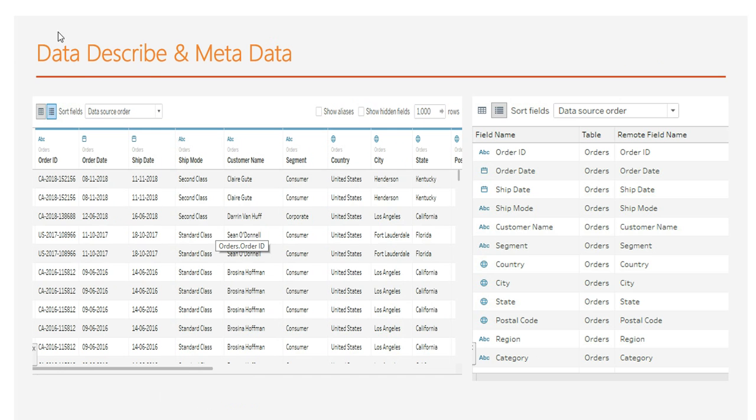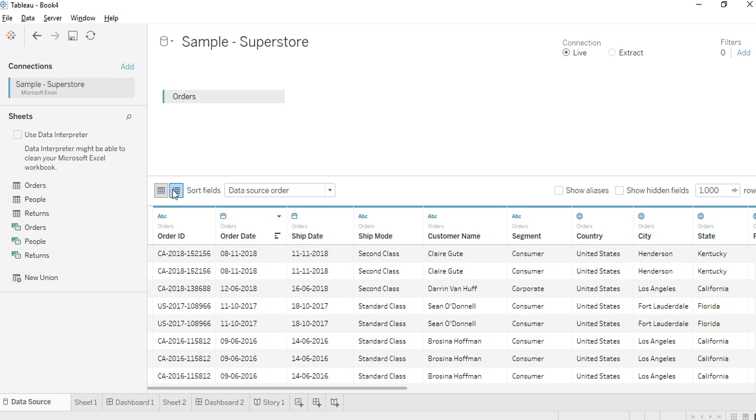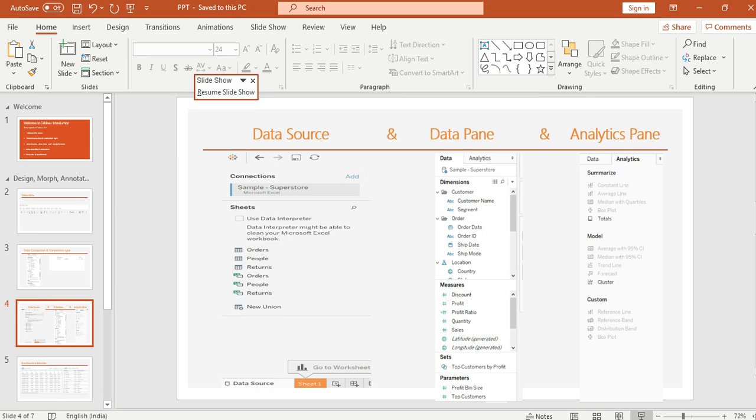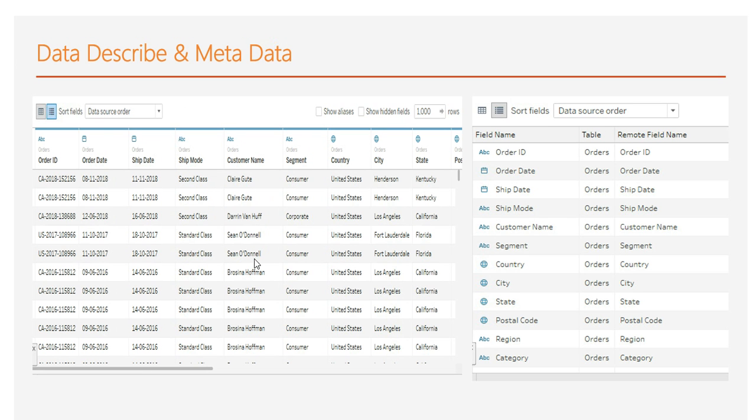And again, describe data and metadata. What is describe data and what is metadata? I will show you here in Tableau. This one gives the details of the data, each and everything the data has, like this data is numerical, this data has date functions. So these are right. And what about metadata? Metadata is nothing, just data about the data. So this is the metadata that I'm talking about here, guys. This one is data, the details of the data, which is order date, which is numerical, which is geographical data, right? So these are the data about